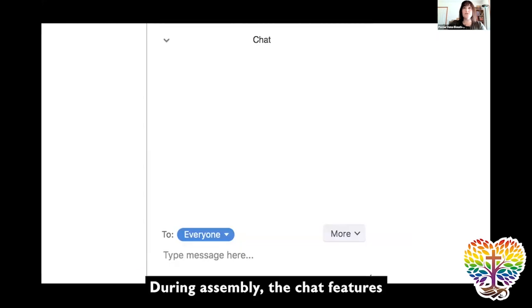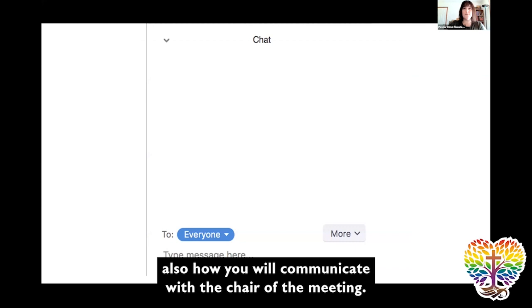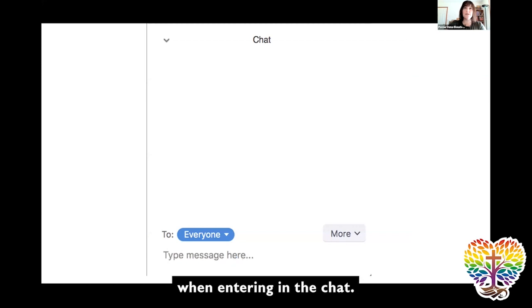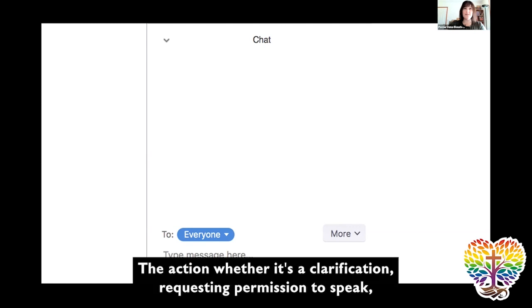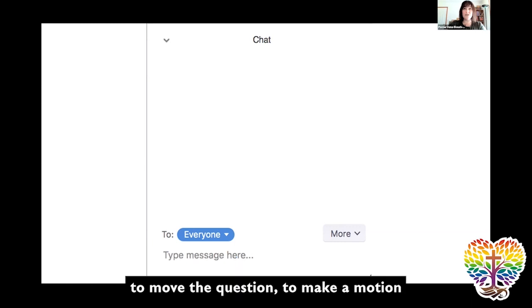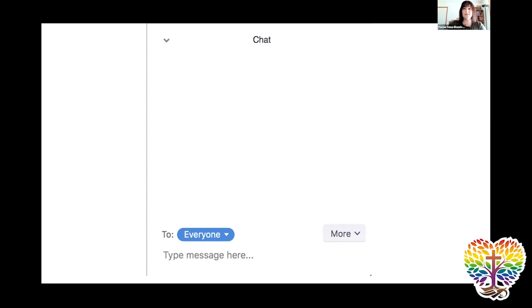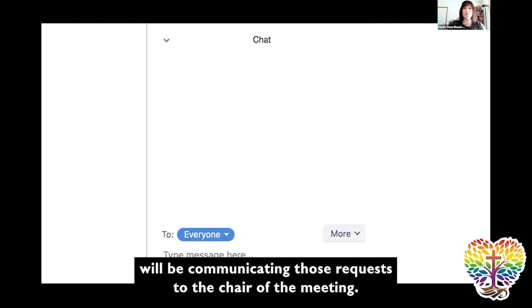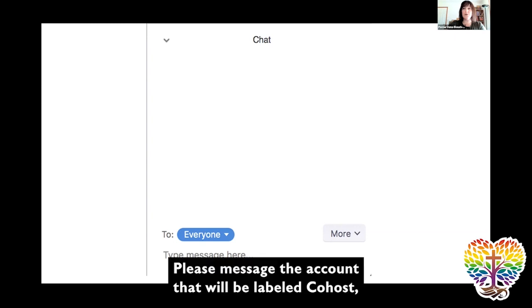During assembly, the chat feature is also how you will communicate with the chair of the meeting. Think of this as a digital way to approach the microphone. When entering in the chat, please use this format: your name, your congregation and its city, the action, whether it's a clarification, requesting permission to speak, to move the question, to make a motion, to second, etc. And our chat will be moderated during the entire assembly, and the moderator will be communicating those requests to the chair of the meeting. Please message the account that will be labeled